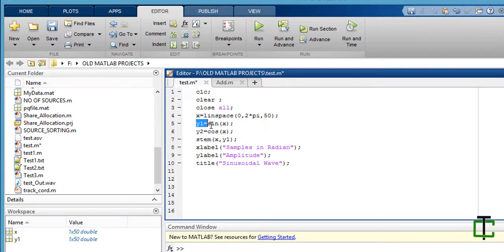I want to display both sinusoidal waves in a single plot, so I could do that by writing plot x comma y1 and also x comma y2. So you can simply write n number of plots if you want to display them in a single image.